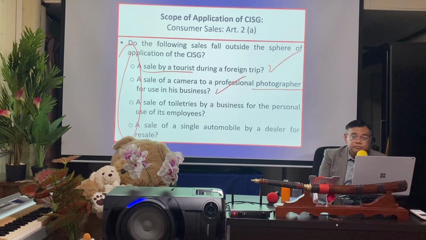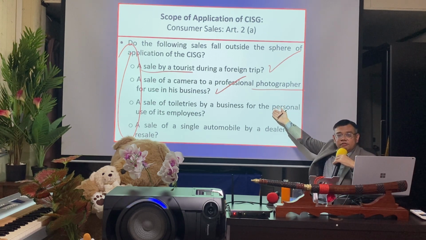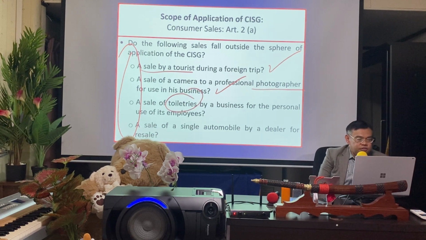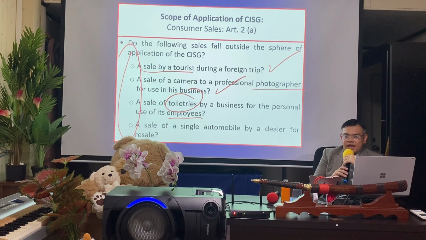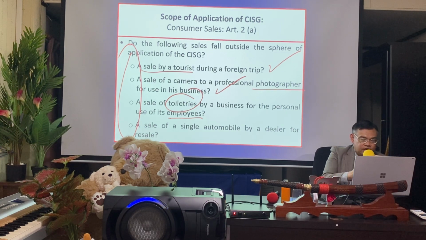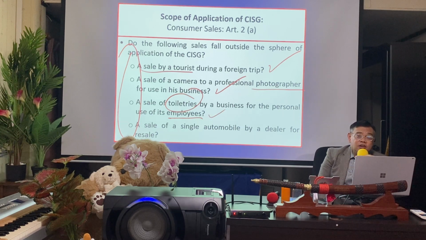Now moving on to the next example, a sale of toiletries. The sale of toiletries by a business for personal use of this company's employees. Let's suppose that company A has purchased a lot of toiletries for use by this company's employees. Even though it is for personal use of employees, the thing is that those employees work for the company,